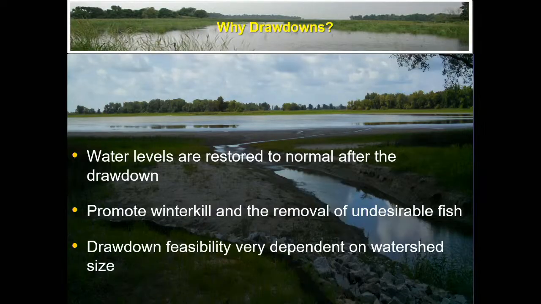The big part about this is how feasible a drawdown is, and this is going to be the hard part for Titlow. How well they're going to work really depends on your watershed. So Clear, Gibbon, High Island, basically the watershed size to the lake size is about 6 to 1. So we had 6 acres of watershed to 1 acre of lake in those situations, and that's right in that sweet spot. So the hard thing in Titlow is it's a big watershed. We want to be able to keep the lake down, and that might be tough.